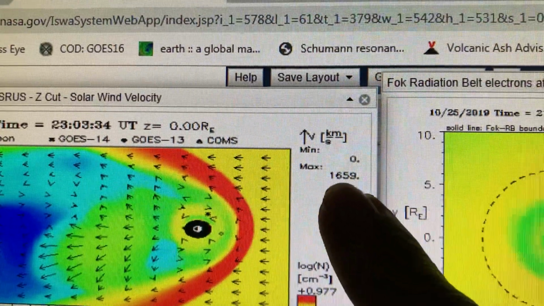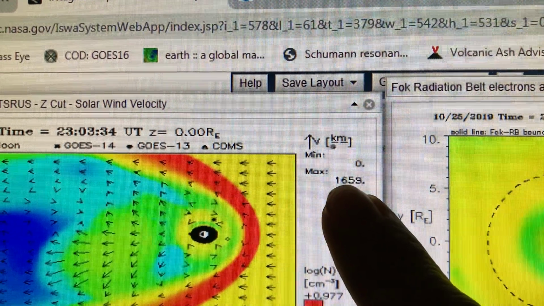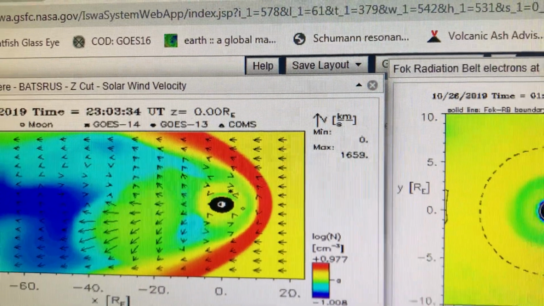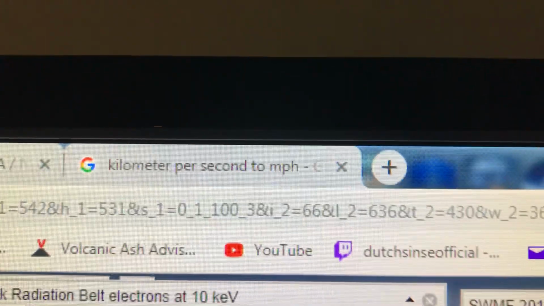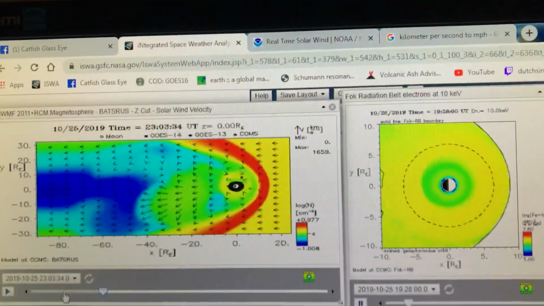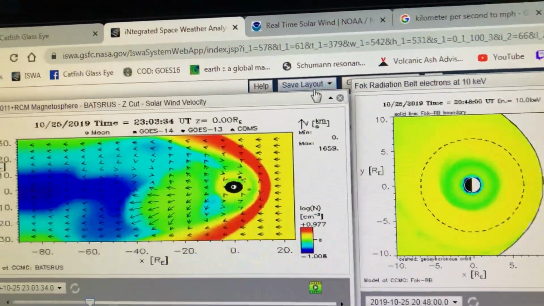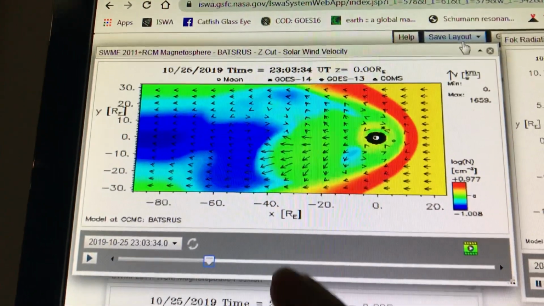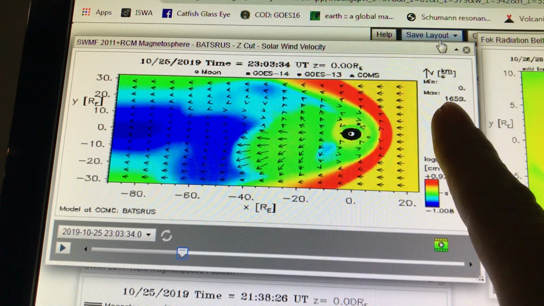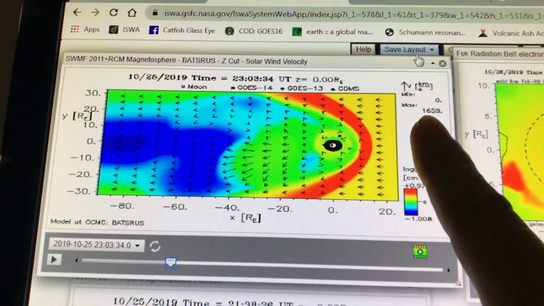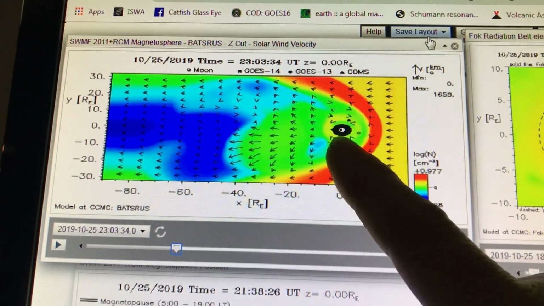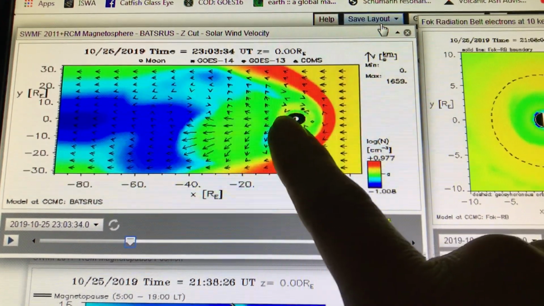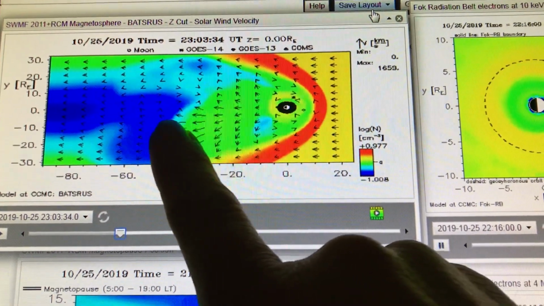So how are we getting 1659 kilometers per second, which is 3.7 million miles per hour? I looked it up, of course. See right here, a little converter chart. It's easy, Google has that stuff. But right there, obviously that number is not coming from the sun because these satellites are inside. So it's a burst of wind speed coming from inside the bow shock, and you can see where this burst of energy goes out